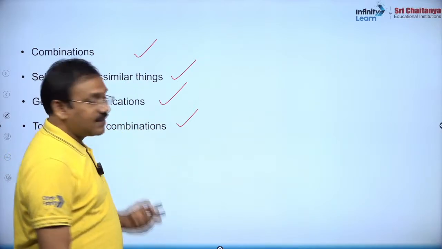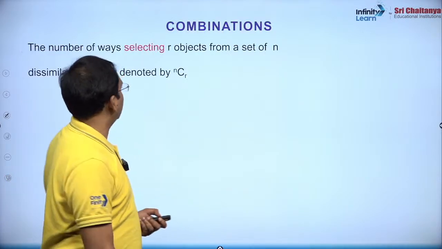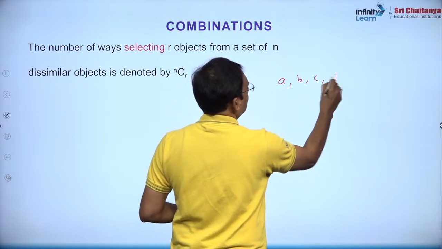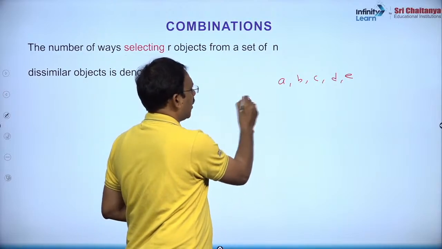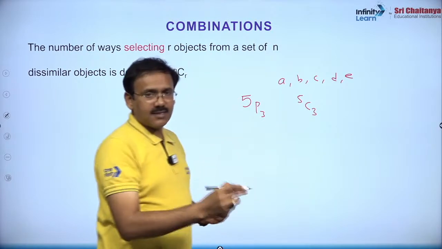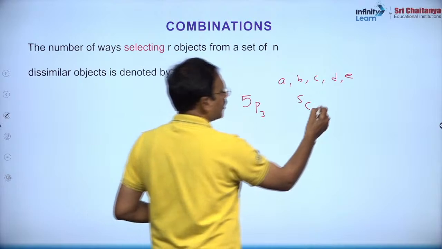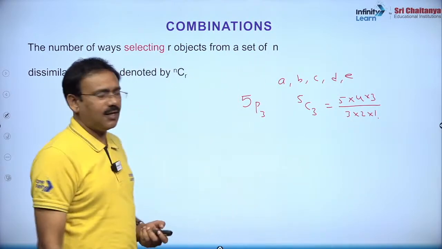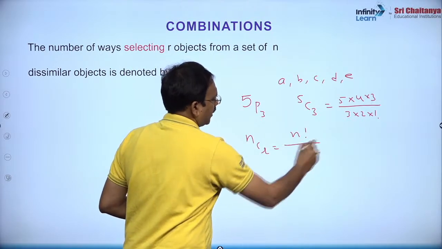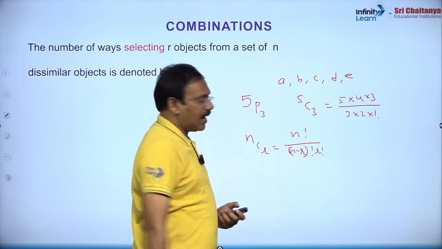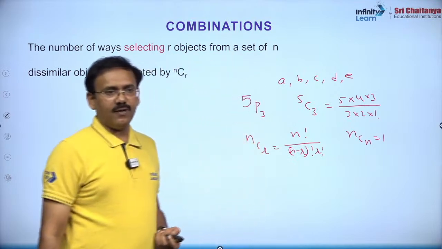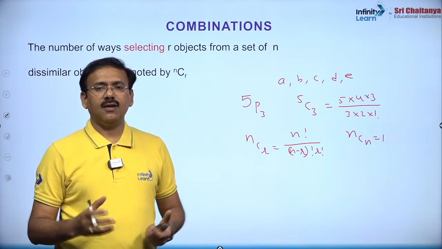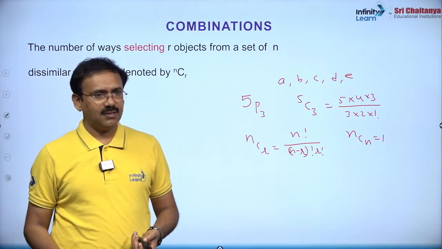अच्छा, जरूर बताता हिंदी में भी। ये देखिए कॉम्बिनेशन माने सिलेक्शन है। सो सिलेक्शन कैसे करना देखते हैं। मैंने पहले ही बताया था इस सेशन में, अगर 5 स्टूडेंट्स A B C D E हैं, 3 स्टूडेंट्स को रो में अरेंज करना है तो उसका आंसर 5P3 होता है। जस्ट सेलेक्ट करना माने सबसेट बनाना, सो 5C3 होता है। 5C3 का कंप्यूटेशन आप जानते हैं, 5 से 3 नंबर्स डाउन बाई 3 फैक्टोरियल। एक्चुअली nCr का फॉर्मूला होता है n फैक्टोरियल बाई (n minus r) फैक्टोरियल इंटू r फैक्टोरियल और nCn होता है 1। ओके, सो माय डियर फ्रेंड्स, अगर 20 स्टूडेंट्स है, हमें 3 स्टूडेंट्स को सेलेक्ट करना है 20C3 वेज। 10 बच्चे हैं, उनमें से 4 सेलेक्ट करना है 10C4 वेज।